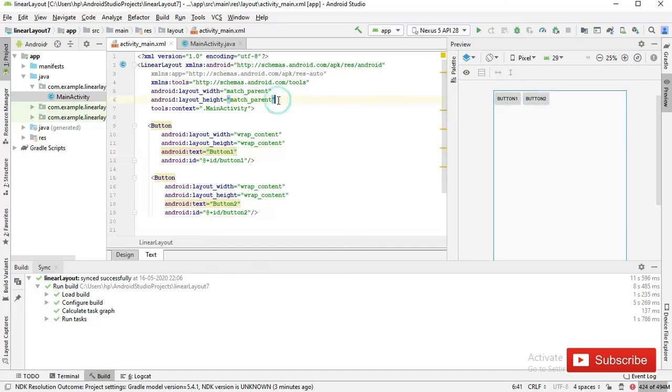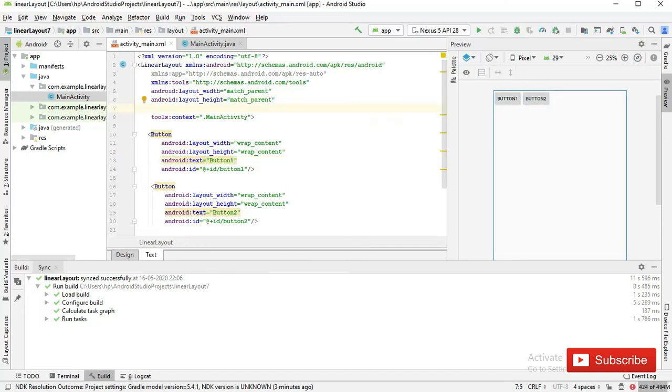So what is the orientation? I told you there are two types of orientation, horizontal and vertical. So if we choose vertical, then you see the button direction is changed to vertical.